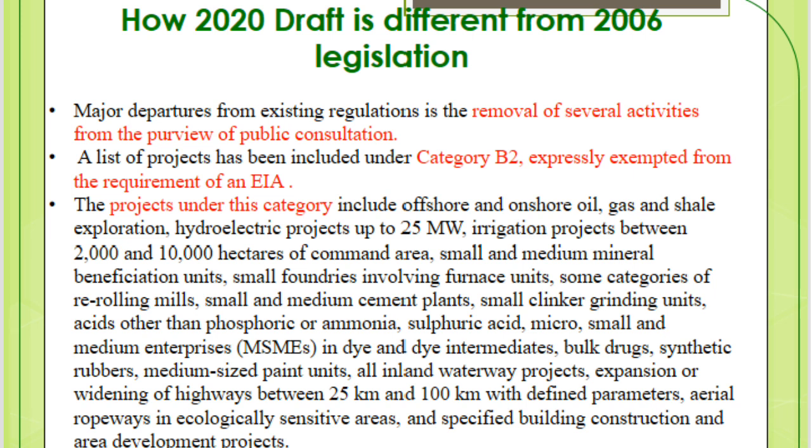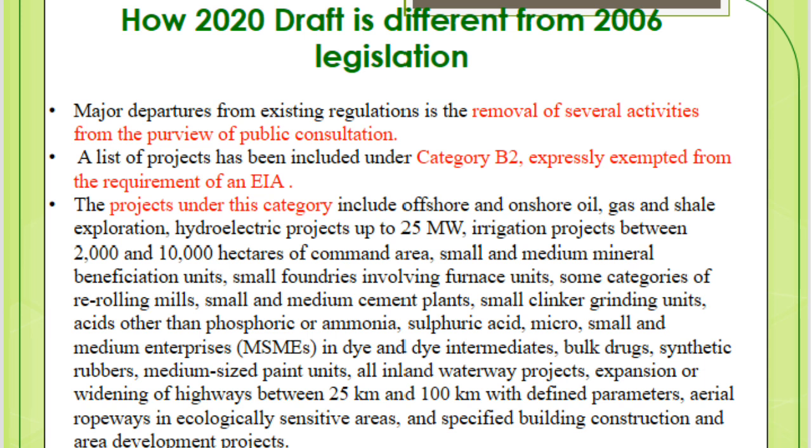Major departures from existing regulation include the removal of several activities from the purview of public consultation. A list of projects has been included under category B2, expressly exempted from the requirement of an EIA. The projects under this category include offshore and onshore oil, gas and shale exploration, hydroelectric projects up to 25 megawatt, irrigation projects between 2,000 and 10,000 hectares of command area, small and medium mineral beneficiation units, small foundries involving furnace units,